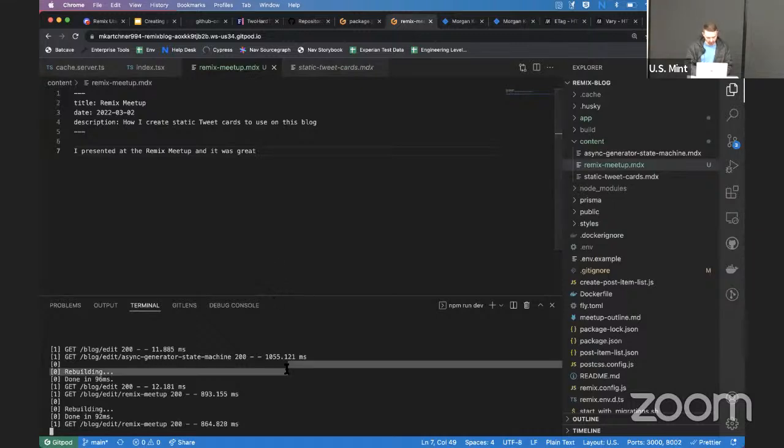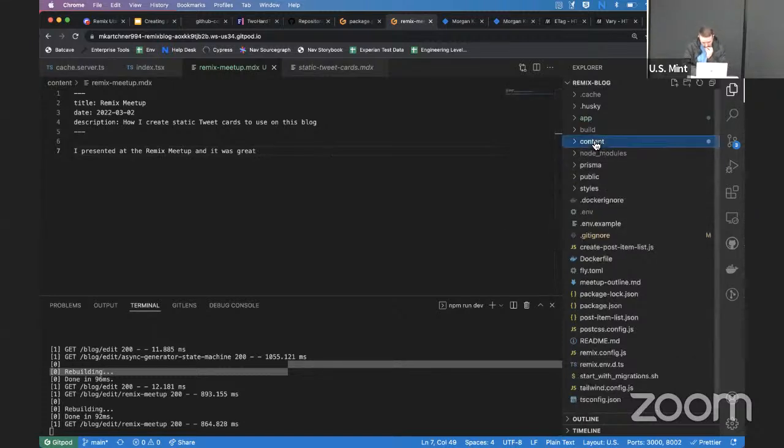And if we wanted to save this for later, you can create a branch, commit it to that branch, and then just get back to it. Right, and with MDX, you can add interactive content.